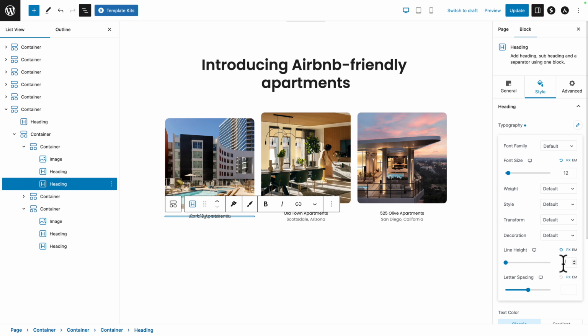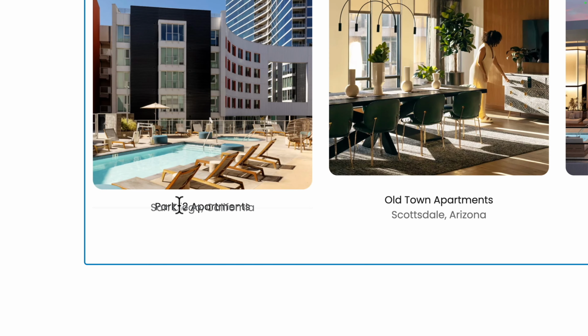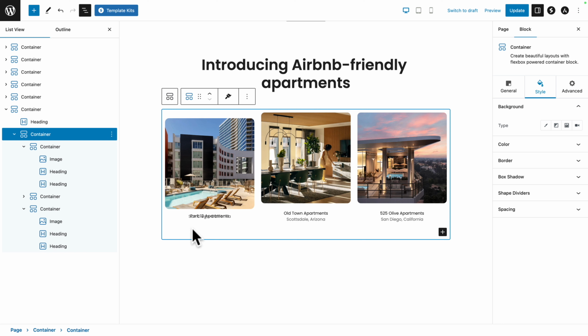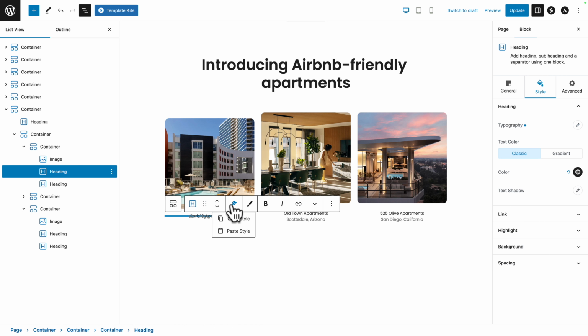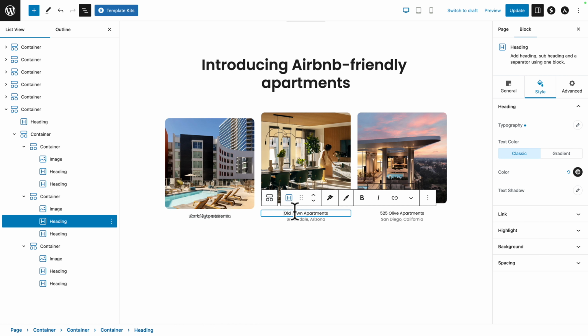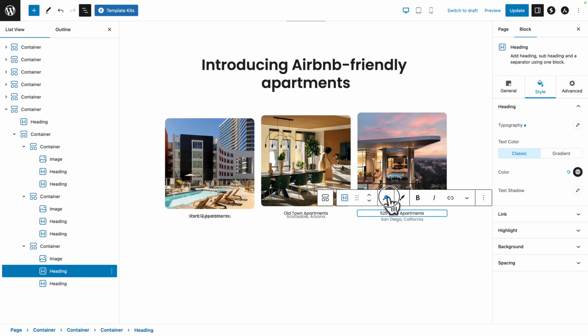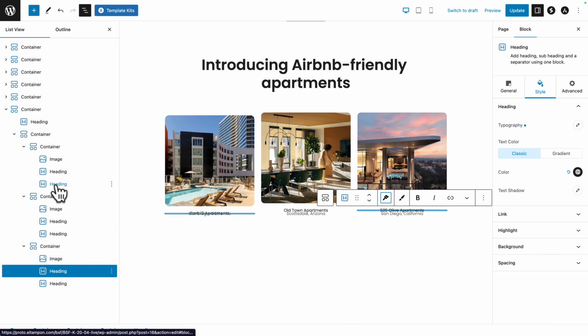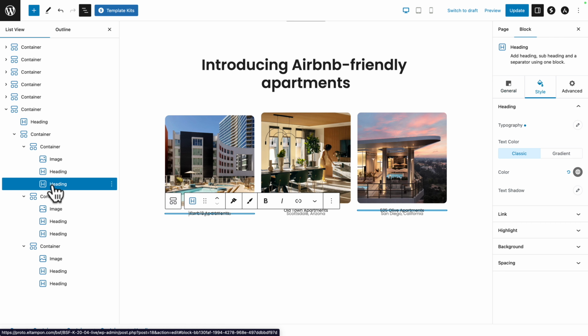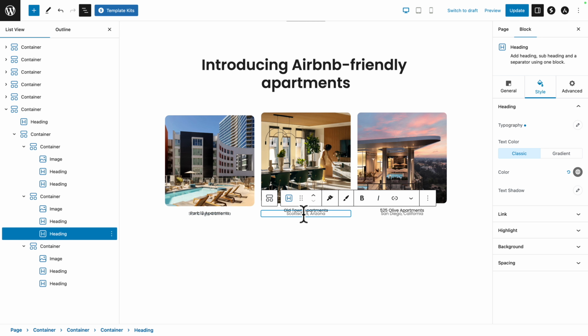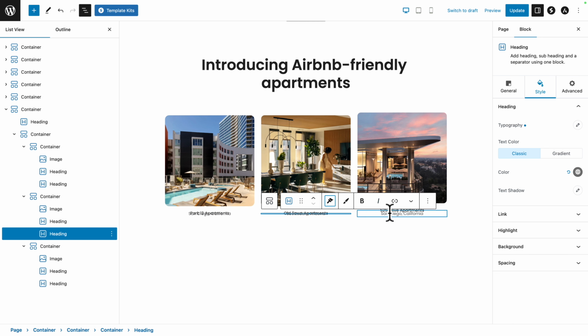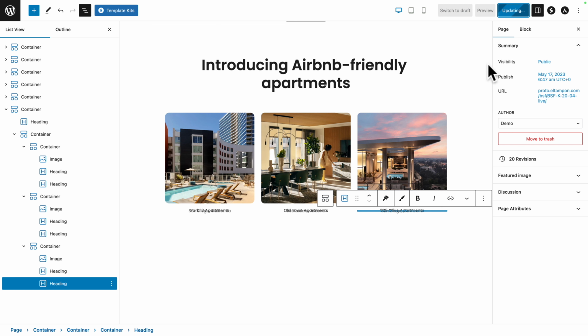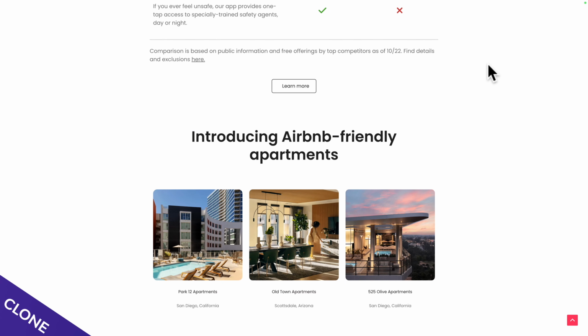Pixels and type 1. Now you can't really see it here, but don't worry, it's going to look good on the front end. So what I'm going to do is select my first heading here and then just copy the style. Then I'm going to select this heading, paste style, and the same for the third one, paste style. Now let me do the same thing in the first sub container, the second heading, copy style, and paste style. Now let's update, then let's go back, let's refresh,